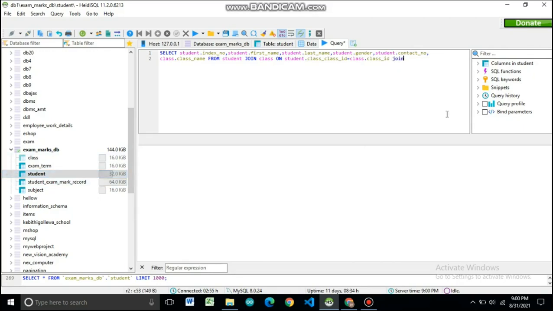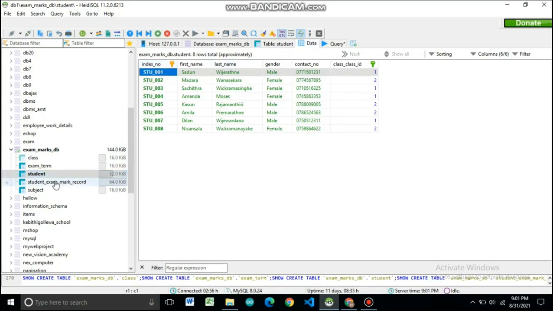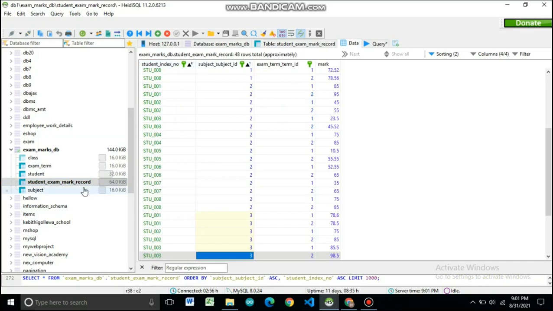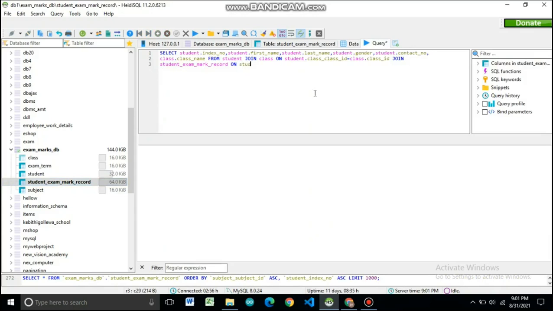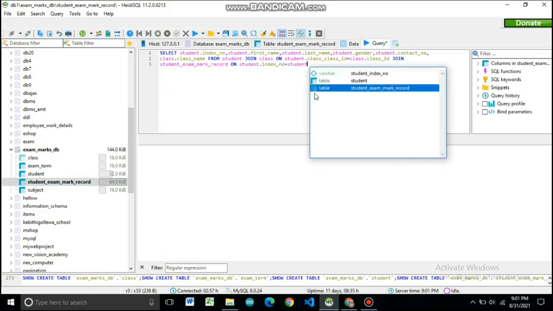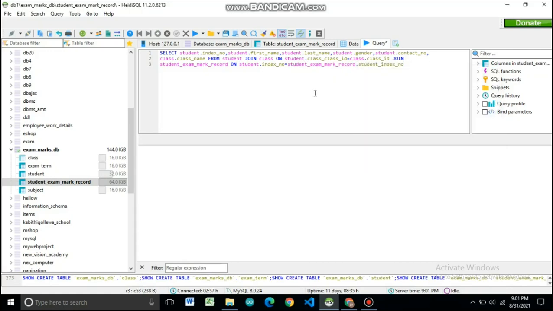and after that I'll be joining the student exam mark record table with the student table. So join student exam mark record on, and now I need to equal this index number column over here to this index number column over here in the student exam mark record table. So student.index number equals to student exam mark record.student index number,